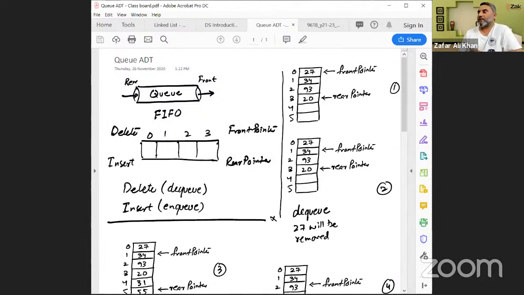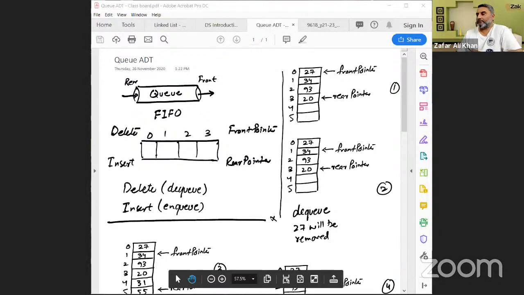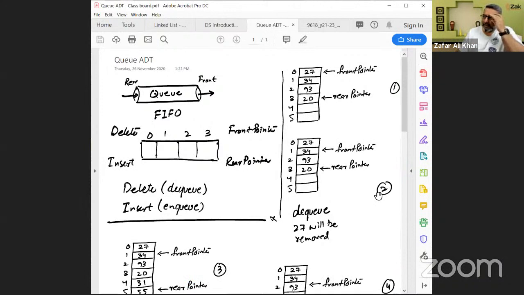Now, as I said, a queue is a data structure that allows the data in from one end and lets the data get out in the order of entrance from the front. So it has got two ends, the rear and the front. So we need two pointers. The front pointer, from which basically the data